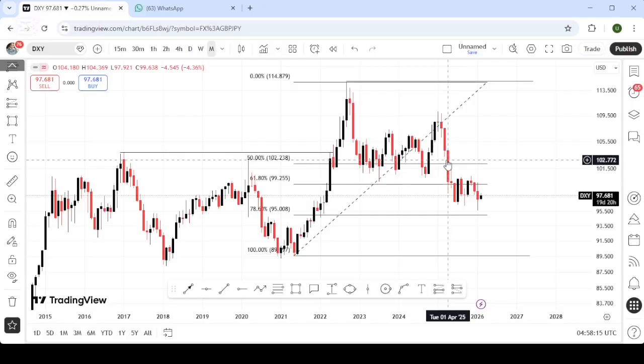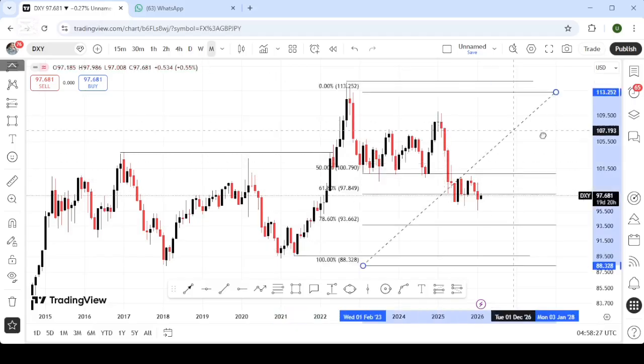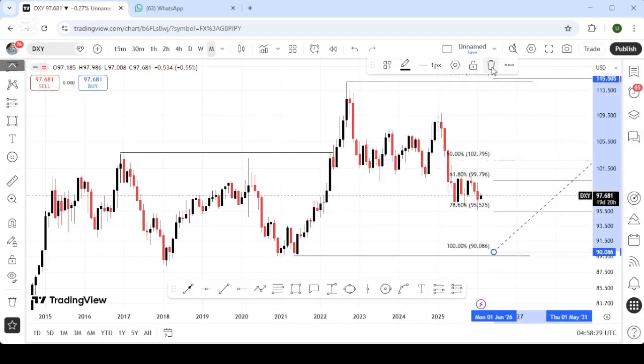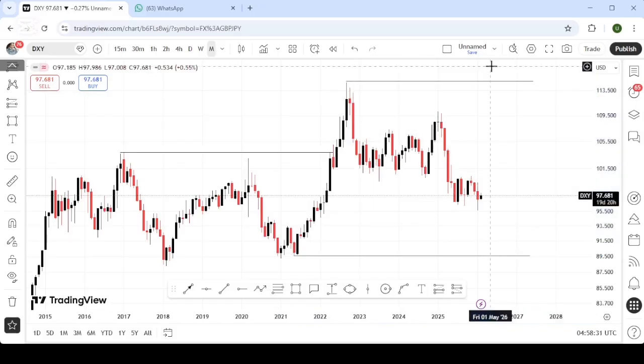So respect these levels here, from 50% to 61% to 78%. Take them very seriously. As you can see, price is currently here at 61%, a very key level. Then let me remove this fib and show you something. On the way we normally trade on 4 hour, 30 minutes and the rest of them, the moment we see